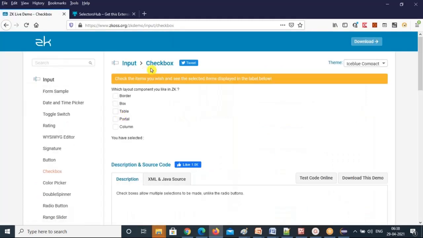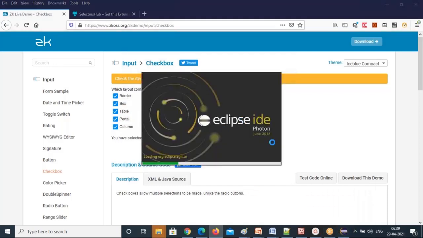This checkbox page has a lot of checkboxes. So the scenario we are going to do: you want to check all the checkboxes. You need to select each and every checkbox. The selected checkbox will come here, and finally I need to get this text. How can you get this text? This is the scenario we need to do, so let's see how to do that.